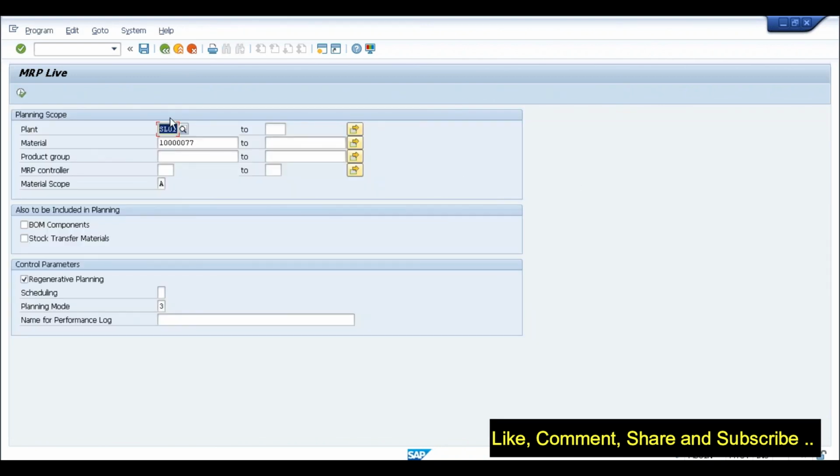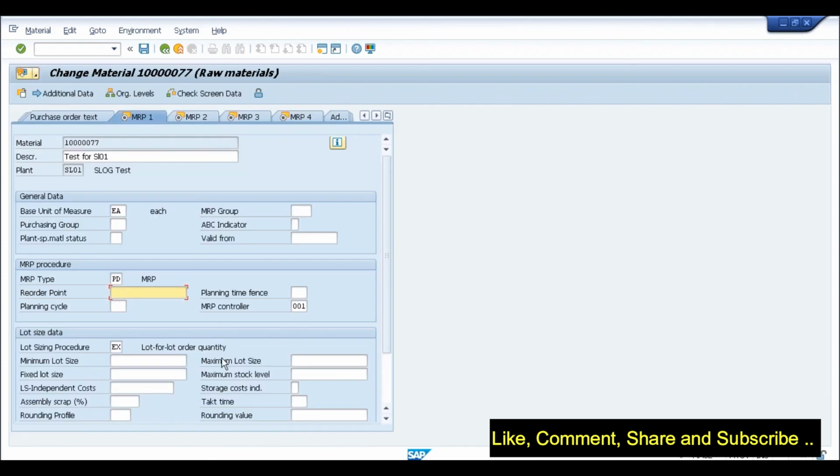So for example, if I go to the same material, as of now, reorder point planning is not supported in MRP Live.